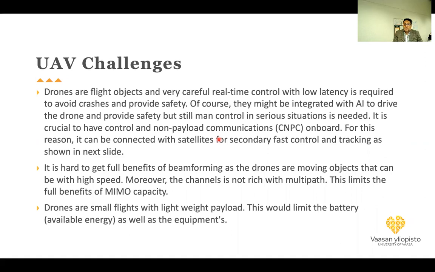But the most important challenge in the UAV is its weight and its size. So it is limited, we have a very limited size there. And because of that, we also have a limited battery. Part of the battery is used to give energy to the rotors of the drone to fly, but it is also used, for example, for the base station or for the RF part in the communication.